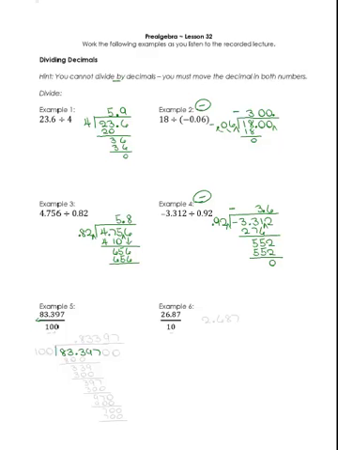83.397 divided by 100. Place my decimal point. Where's my first digit going to go? Well, right here, because 8 times 100 would give me 800. I would subtract, bring down the next digit. 100 goes into 300 3 times. I have to multiply, subtract, bring down the next digit, and then 100 is going to go into that 3 times. I'm going to have to multiply,